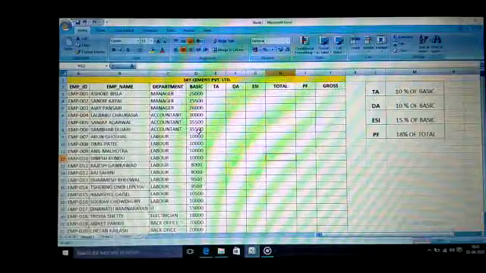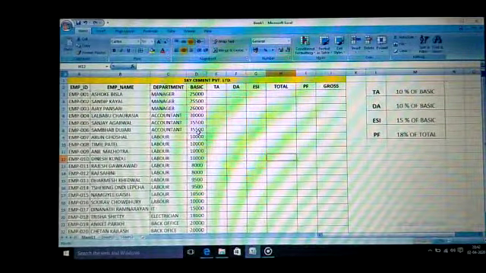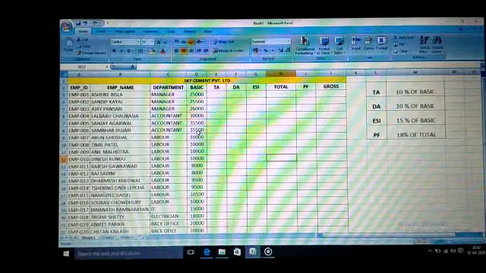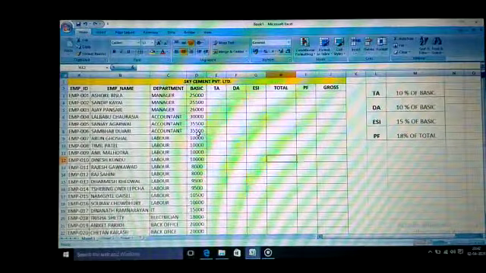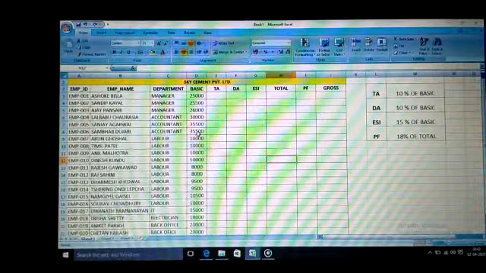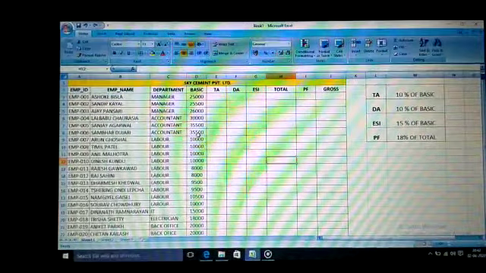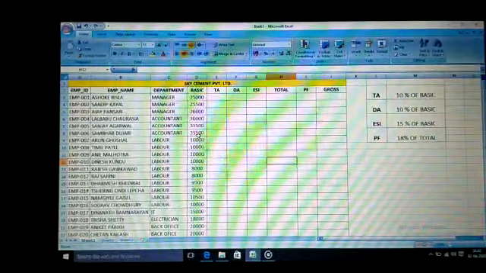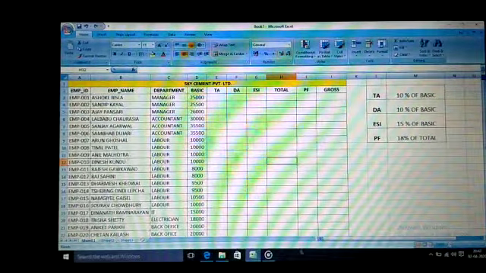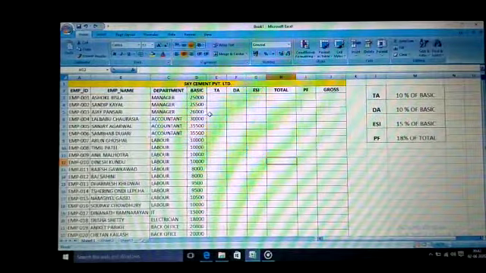Hi student, I am going to show you the employee salary chart: how to calculate the department-wise salary of each individual staff member, and altogether how much salary our company has to pay to all its employees. So let's see how to find all these things department-wise or group-wise.